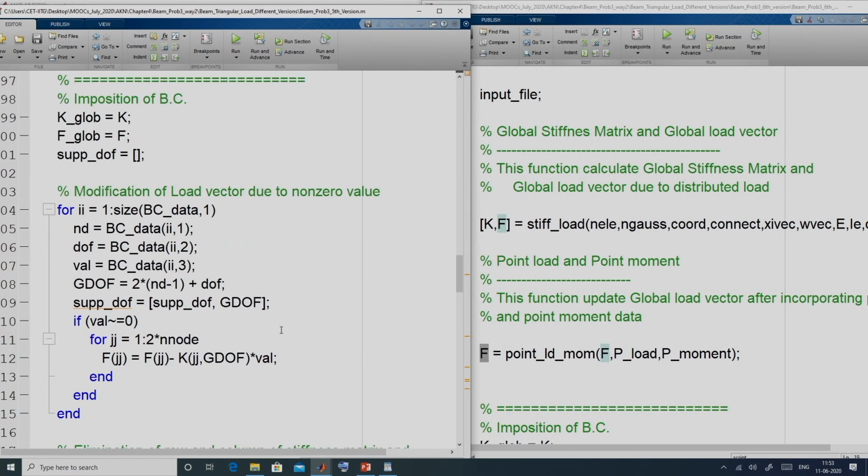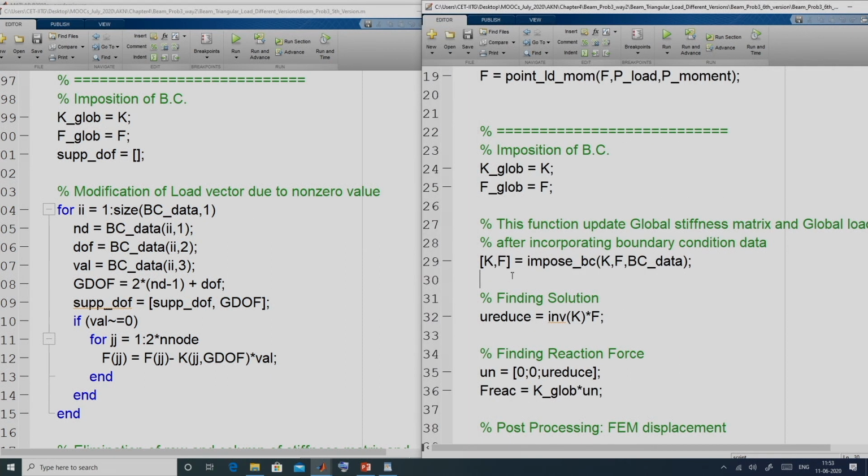Now, after that we have the imposition of boundary conditions. Here we supply our assembled K and assembled F. This F is after incorporating point load and point moment, and the BC data, that is the boundary condition data.